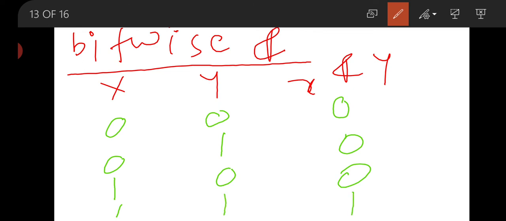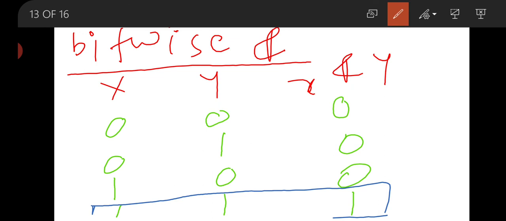That means the AND operator returns true only if both the bits are true. This is the main concept of bitwise AND. It returns 1 if both the bits are 1. This is the bitwise AND operator.